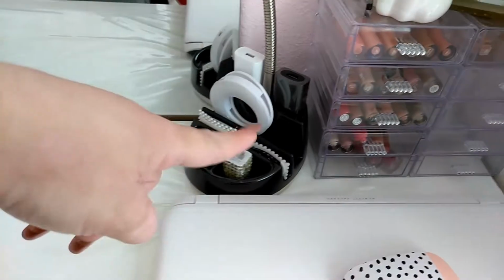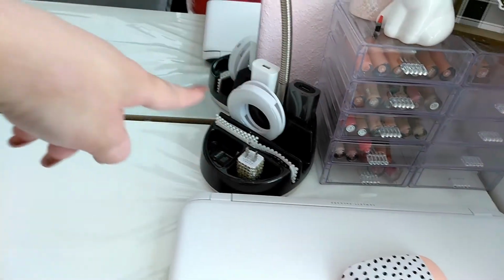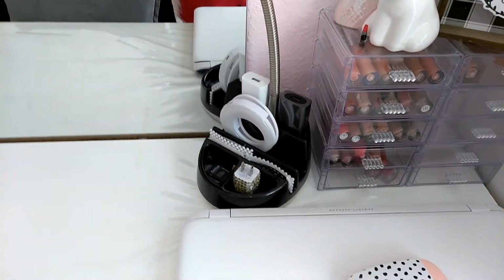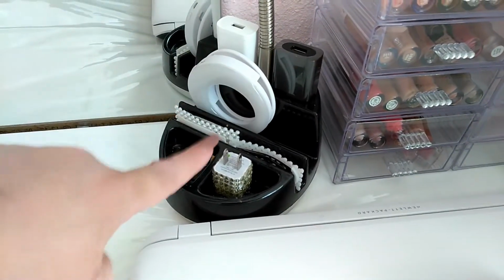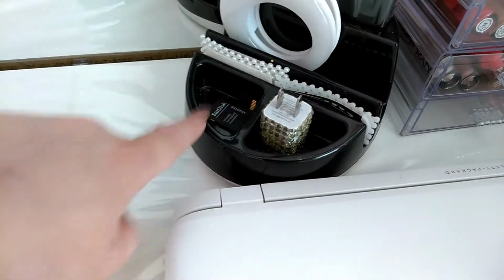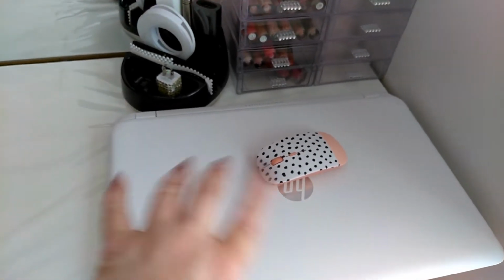I still have this lamp because I still need little charging ports. Until I figure out my situation a bit better and have more room, this will definitely be gone. I've got my portable ring light. I got 2 little chargers, some hair clips, another extra little charging block, and then some memory cards. I have my laptop here at all times, and then I have a wireless mouse to go with it, something cute,